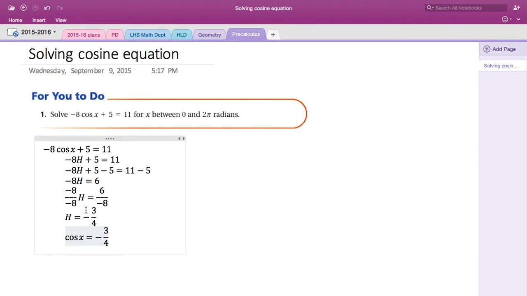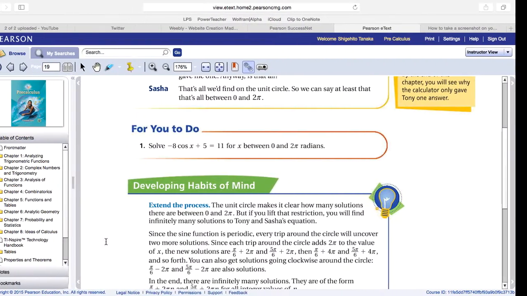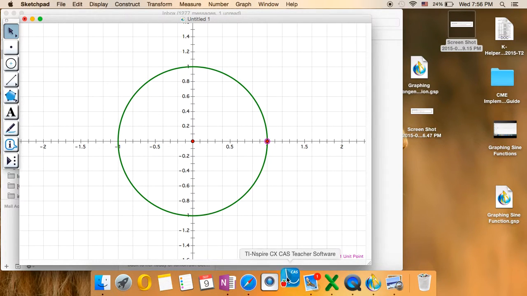So one thing we can do in a calculator is to take the inverse of cosine. So cosine, take the inverse of that, and we can take the inverse of this. This way, cosine inverse and cosine cancel out, so this will be x. So x will be cosine inverse of negative 3/4. So if we plug that in to the calculator,